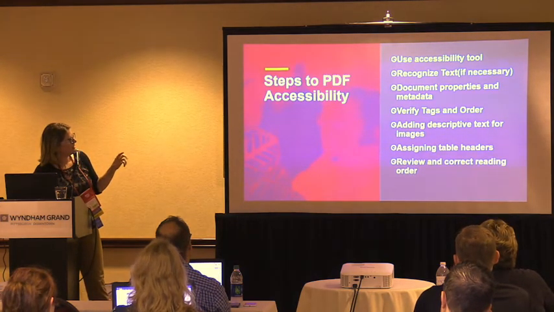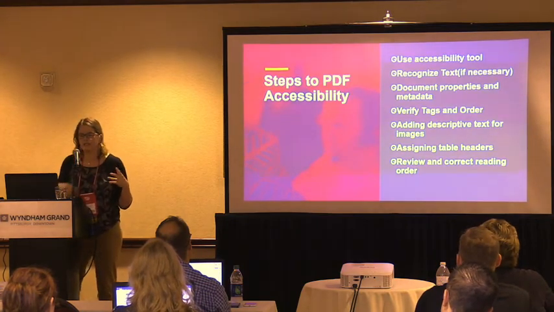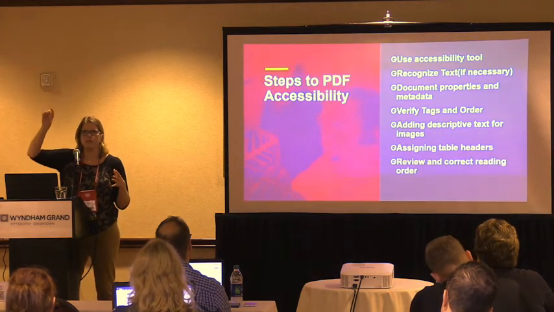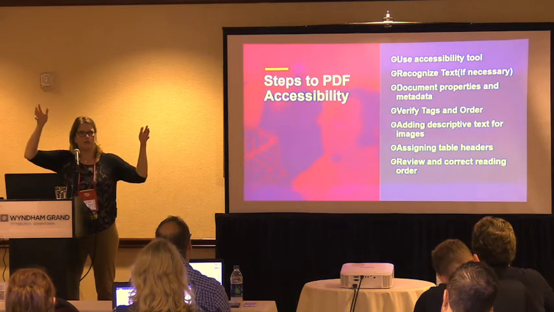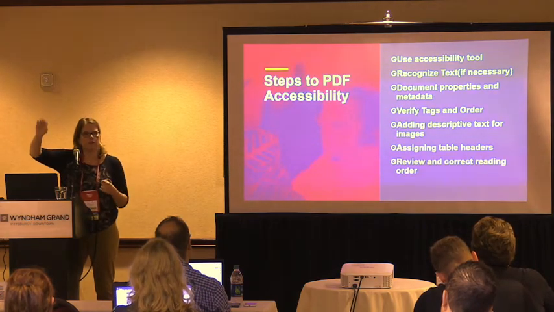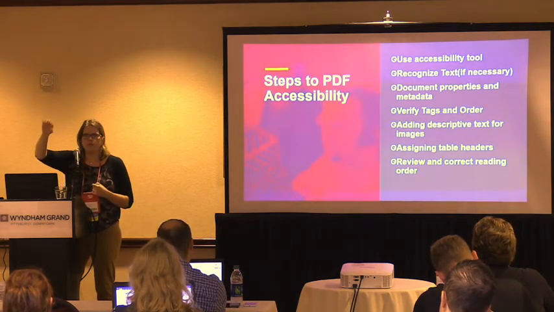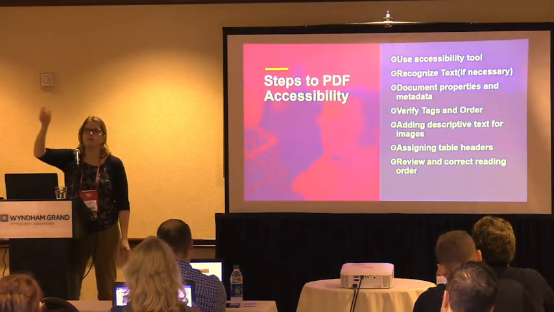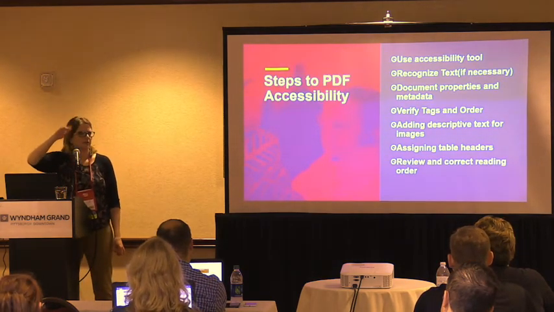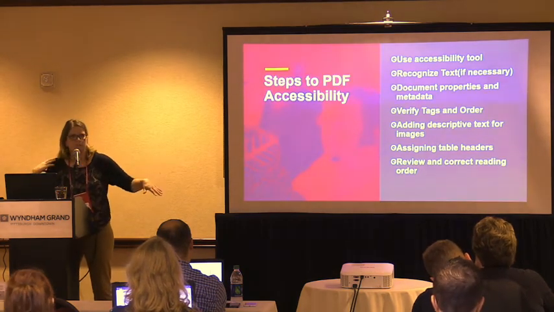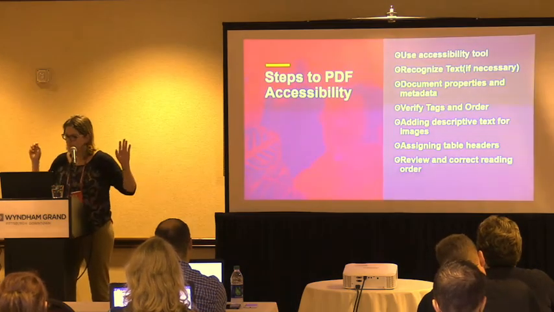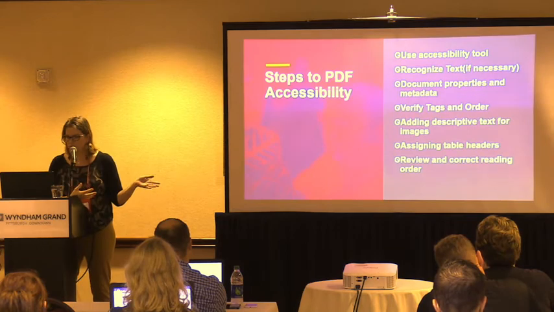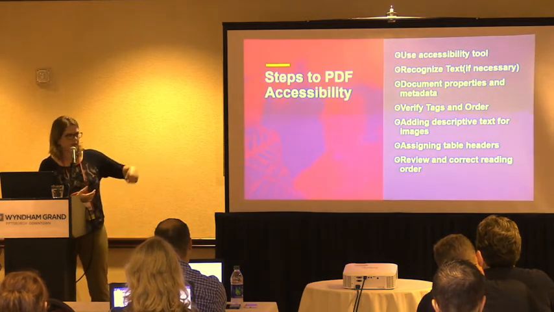First thing is we're gonna use the accessibility tool. There's a tools menu within Adobe Acrobat Pro and DC. You want to pull up. There's one option called Make Document Accessible. So clear, so simple. Pull that one up, and it's going to walk you step by step by step through everything that you need to do in that document to finalize it. It's going to make sure that you have those document properties that we talked about, including the title and the